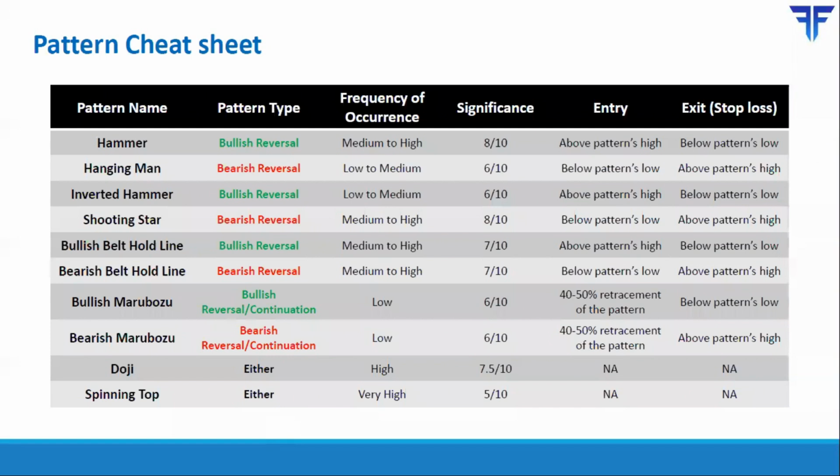So, among the single candlestick patterns that we have talked about today, hammer and shooting star are some of the most powerful patterns, and whenever they appear, you can definitely consider trading them. After hammer and shooting star, I would give a very strong rating to belt hold lines, because whenever these patterns appear, it is typically followed by a nice reversal in trend. Meanwhile, spinning top is the pattern that I would give the lowest rating, and I would wait for subsequent candles to form before deciding to act on the basis of spinning top.